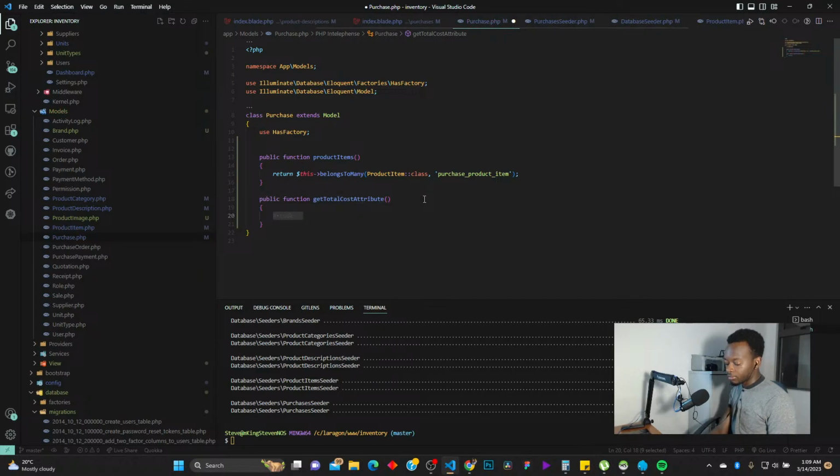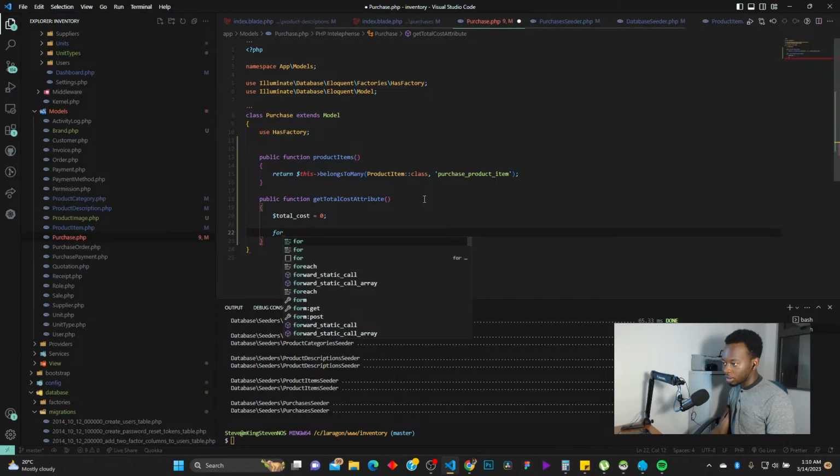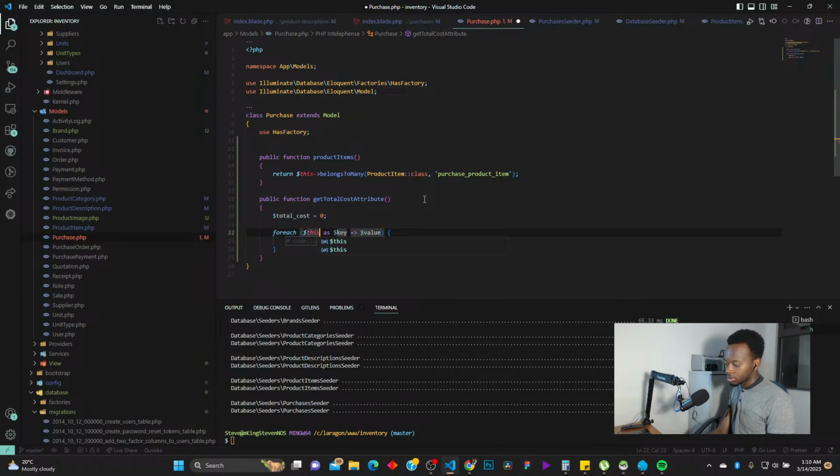Now we'll call the total cost equal to 0. Now we'll do a foreach this product items